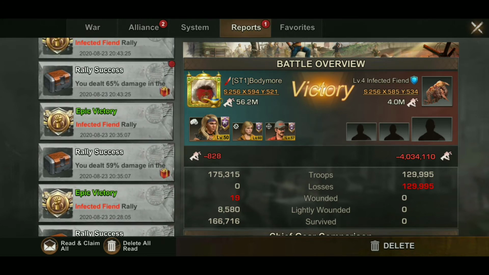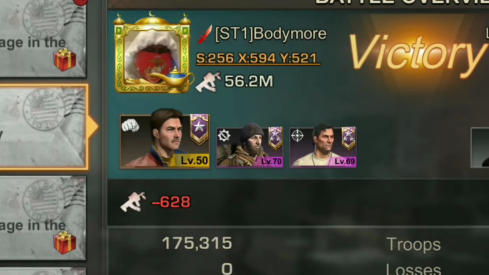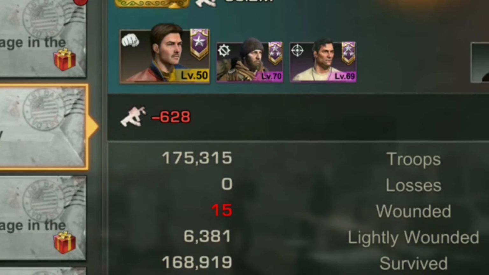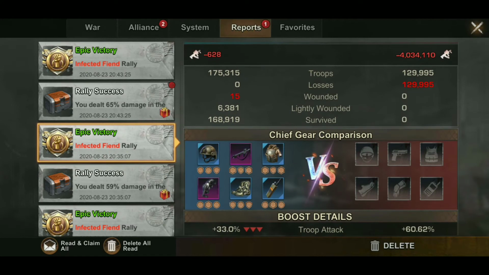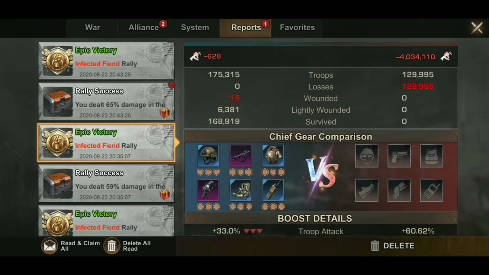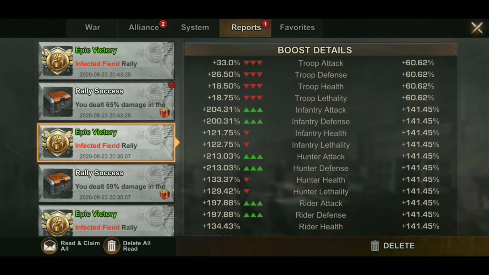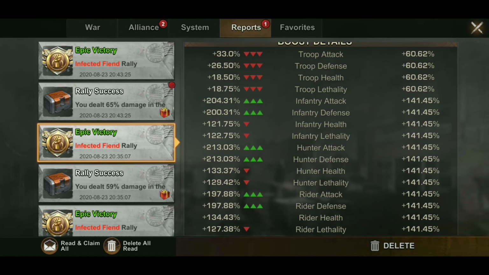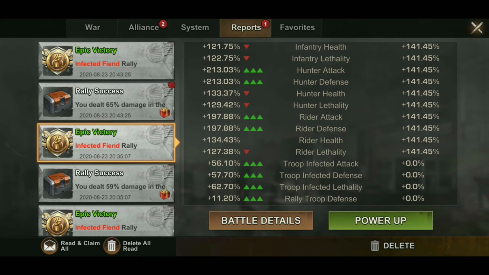In this rally, it is Nicola, Travis, and Sarge. As you can see, the same amount of troops were sent in, but we only have 15 wounded. All right, you can see the stats are significantly down as far as the infantry attack, the hunter attack, and the rider attack. But the big difference between all of them is we have the troop infected attack, which is